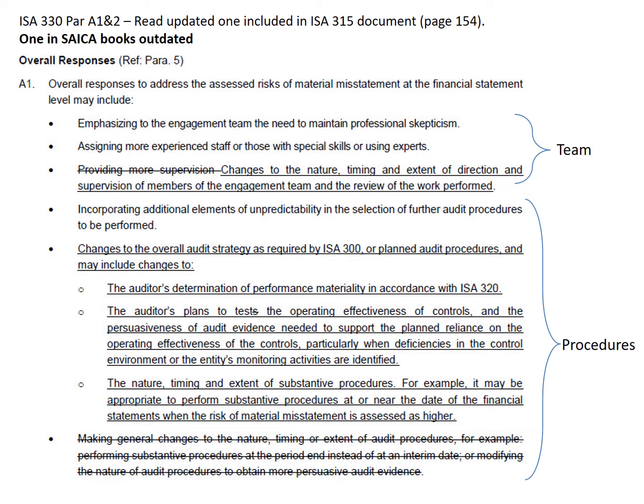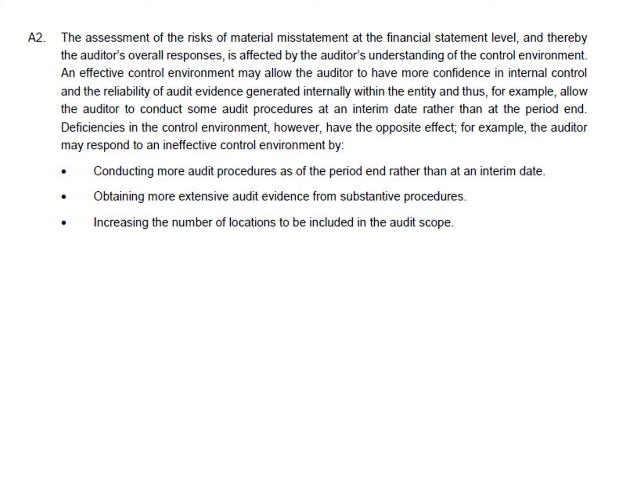This continues into the elements of unpredictability, changing your strategy by doing performance materiality. Read through those and make sure that you understand. So if it's something that you don't understand, or wording or terminology, then you need to tell me, then I can explain that to you specifically. Okay. Alright, so I just want to touch on paragraph A2 for a second, because that's now addressing the timing